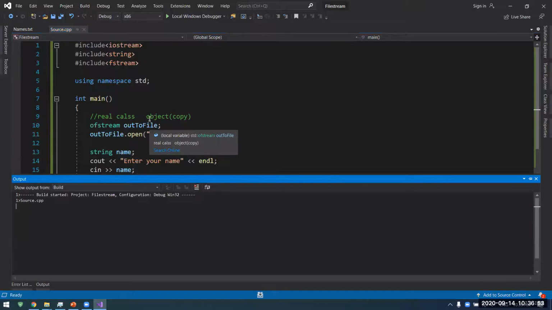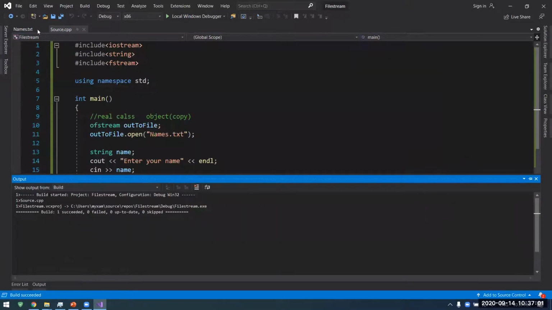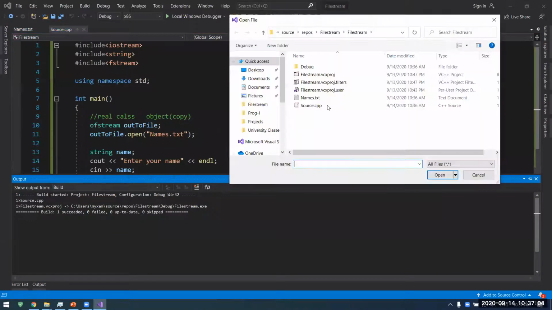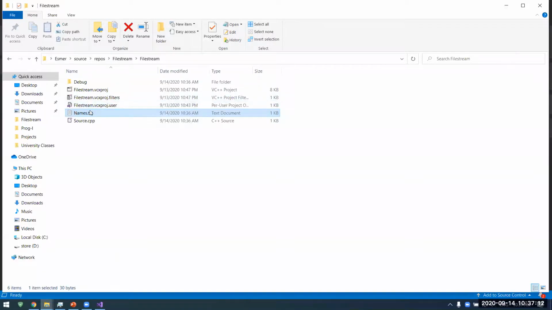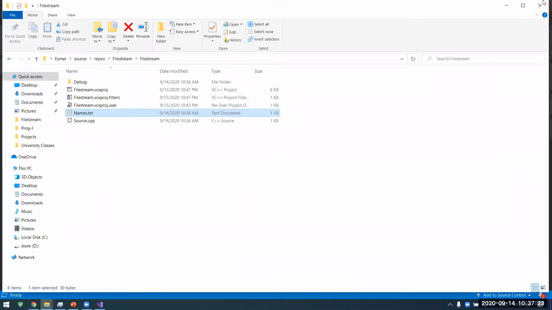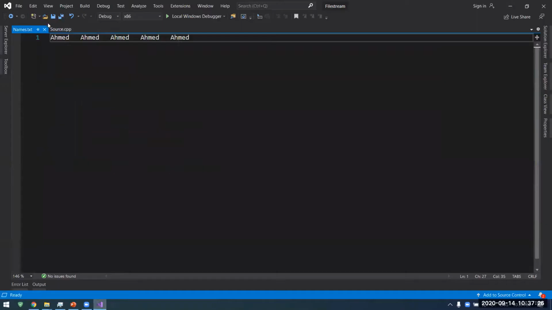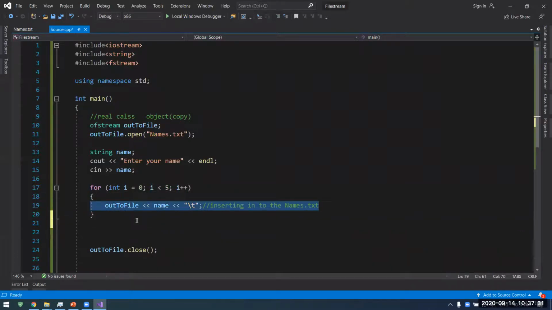Control F5, I'm running my code. Enter, I'm writing Ahmed, and you see that if I open the file, Ahmed, and in the file stream, when I open this, you see it is overwriting the previous one. So we have inserted 5 times. Where is the first Ahmed? It's been overwritten. Okay, I hope it is clear. We will give another example to make it understood. After everything is inserted,